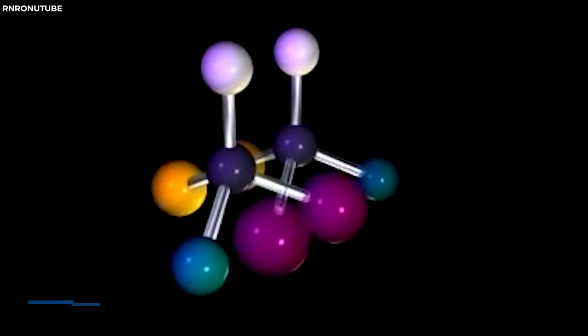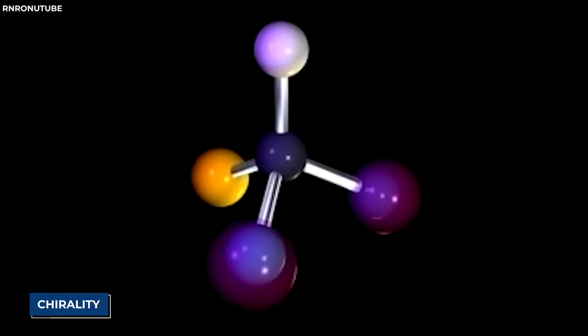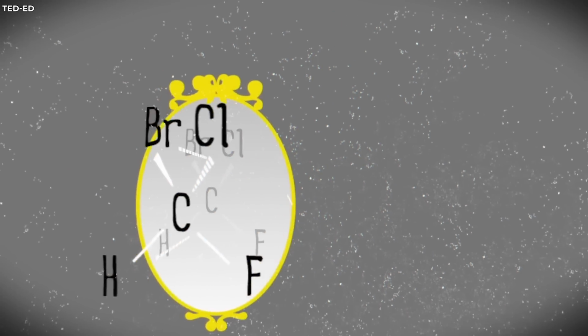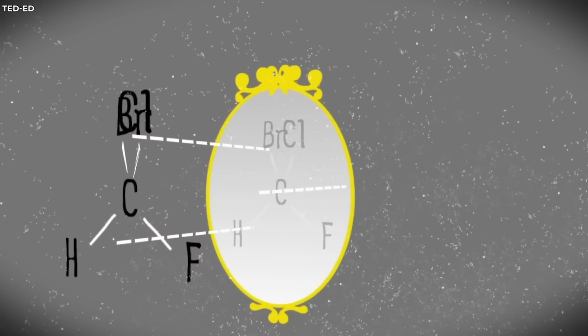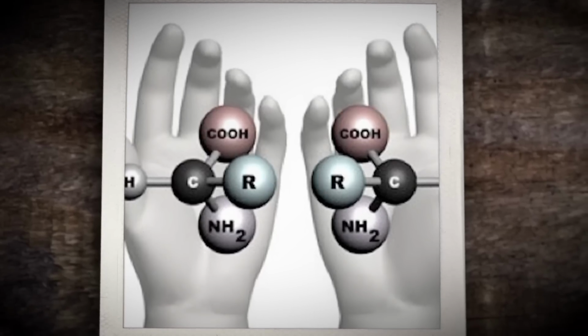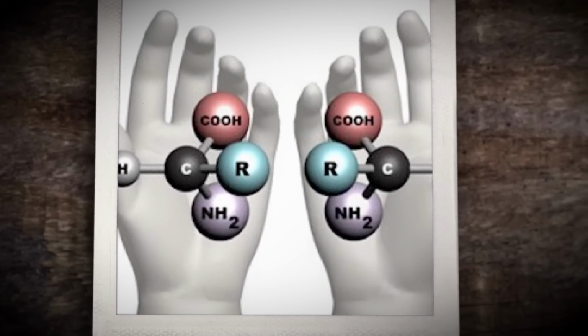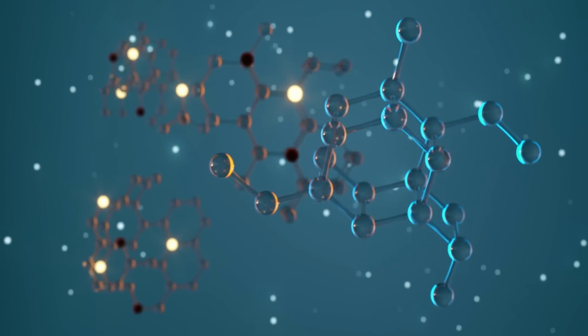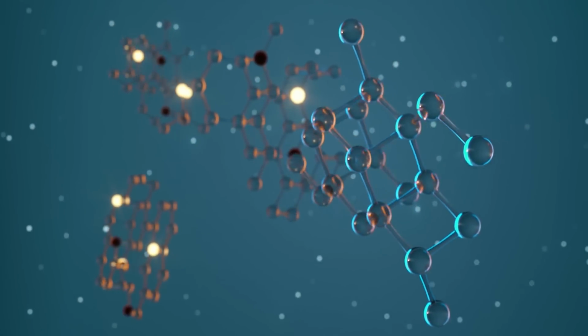This is an example of chirality, which comes from the Greek word for hand. A chiral object is one that can be distinguished from its mirror image. A left hand cannot be overlaid on a right hand. This property can be found in big molecules, such as those found in fruit.